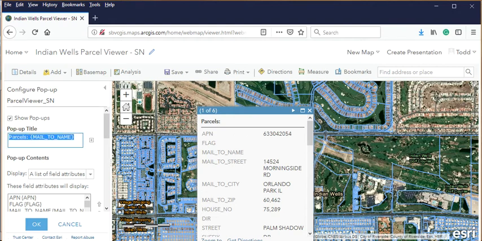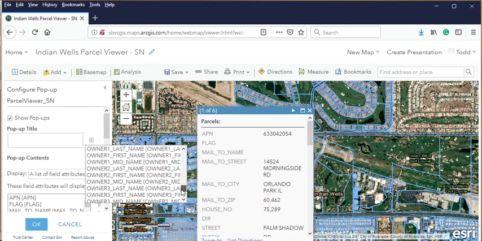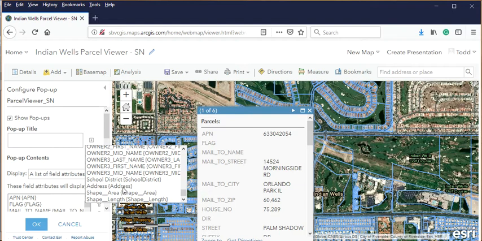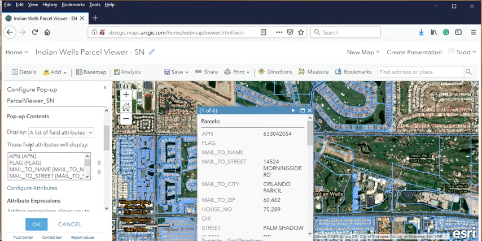So what we can do is remove everything, and then we can say that the title should be the address. So I'll scroll down to the address field that we created, and then hit on the address. Okay, now here is where we have